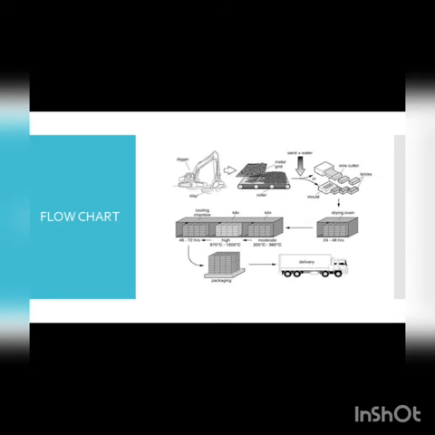Our next type is flowchart. The image of a flowchart will be displayed by using arrows and it will be based on a natural process like the lifespan of an animal, or it may be an artificial process like manufacturing process or brick manufacturing. In this process, the first point is digging clay from ground and the final is delivery.